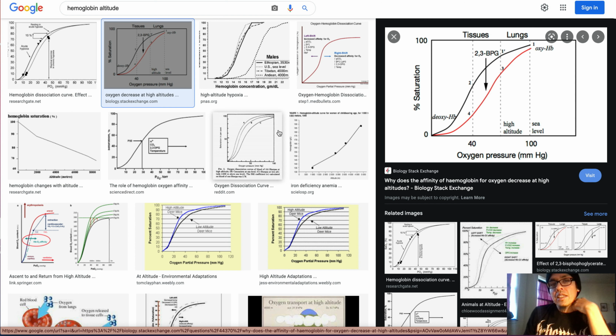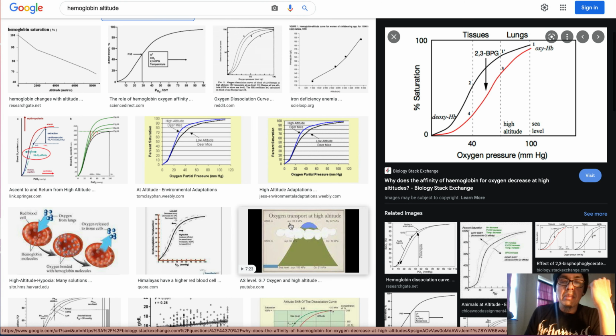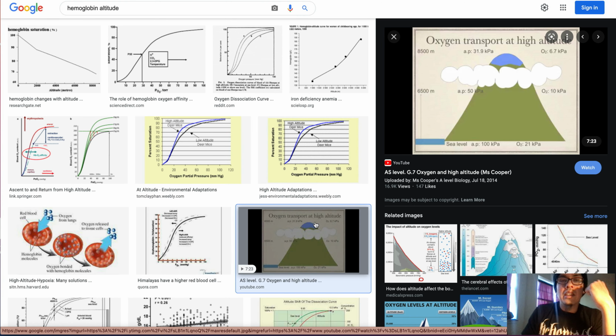Now, what happens is at lower partial pressures of oxygen, higher in the atmosphere, you have logically less oxygen available, right? And so what's going to happen? You're going to essentially hyperventilate, because the ventilation processes of your body require you to breathe more oxygen in, so that your hemoglobin can capture more oxygen, and thus you can transport more oxygen to exercising tissue.